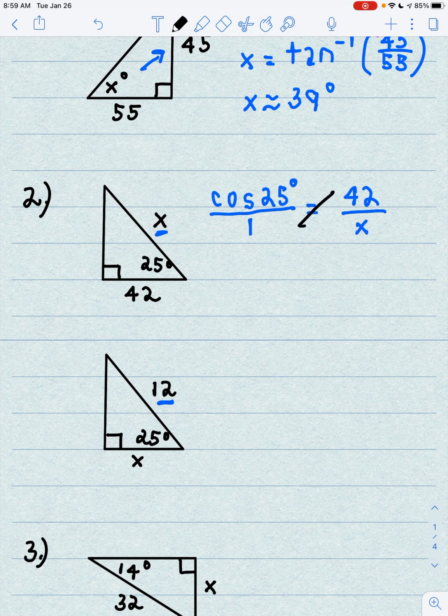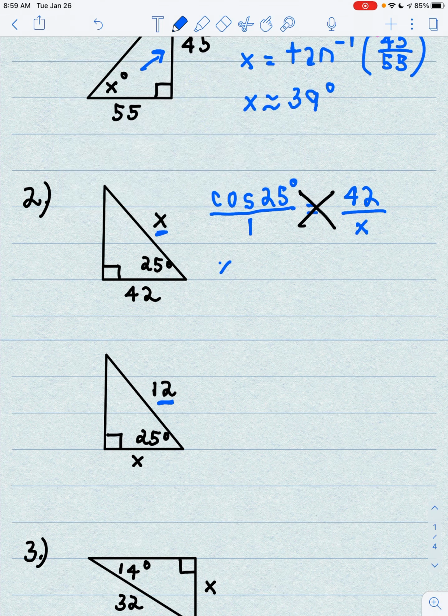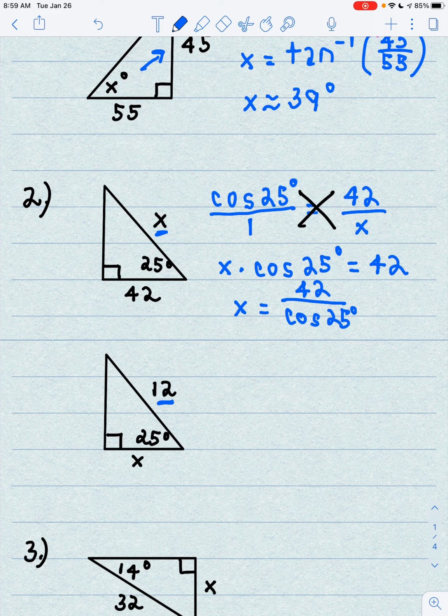To solve, I take the cross product. And that means here I get x times the cosine of 25 degrees equals 42. That means to solve for x, x is going to have to equal 42 divided by the cosine of 25 degrees. And I can use my calculator to solve that. We want to round to the nearest tenth. That is